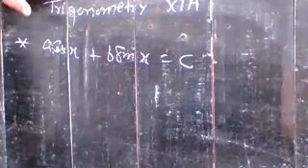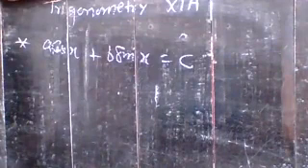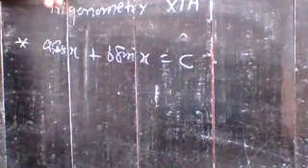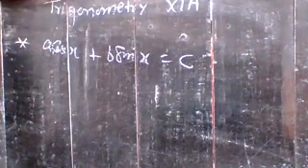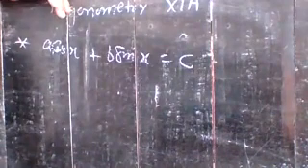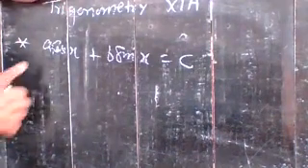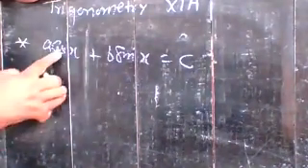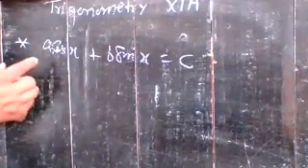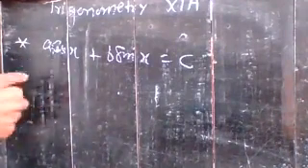You know the formula of cos(x plus y) or cos(x minus y). If you have cos(x plus y), the identity is cos x cos y minus sin x sin y. If you convert it into the form cos(x minus y), you can write it as cos x cos y plus sin x sin y. Here you have a plus sign, so no doubt it is converted into cos(x minus y). See, here you have a and here you have b. In the identity of cos(x plus y) or cos(x minus y), the first two terms are in terms of cos only.